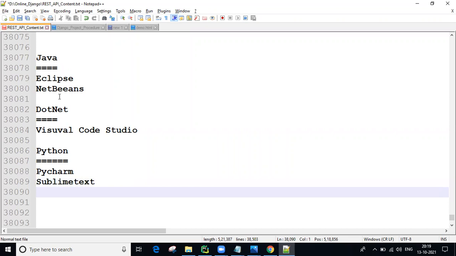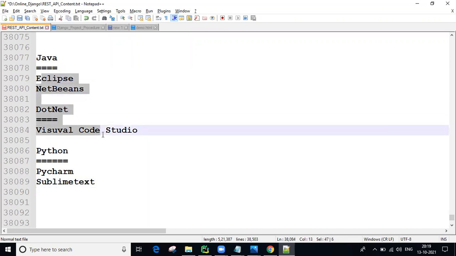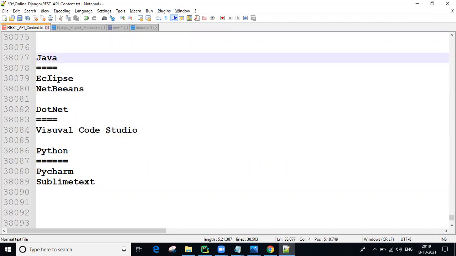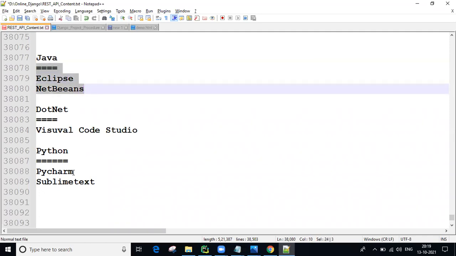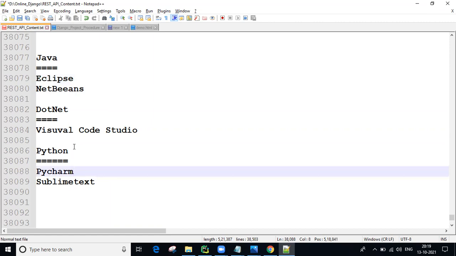This is not a fixed rule. As a Python developer we can use any, and a Java developer can also use any IDE. You can use whatever you have good knowledge of. For example, nowadays Python is in more demand.